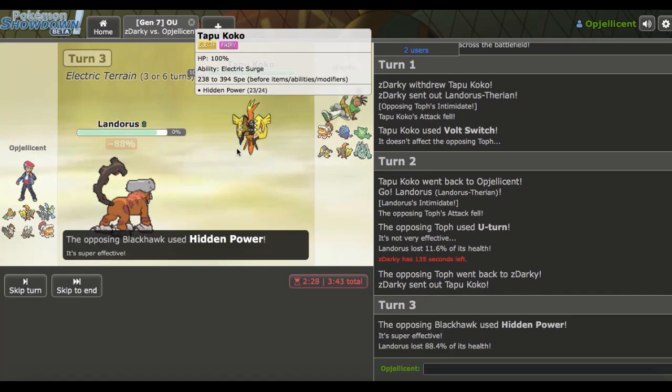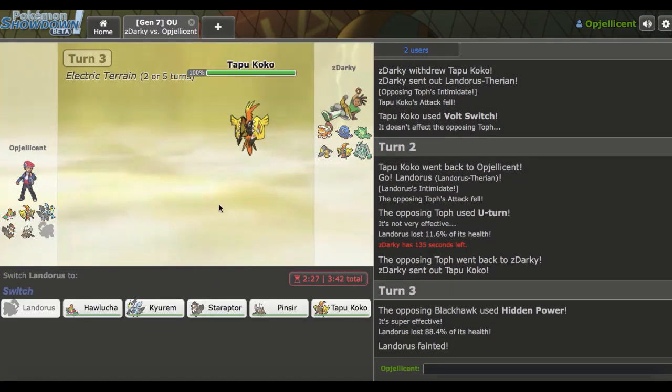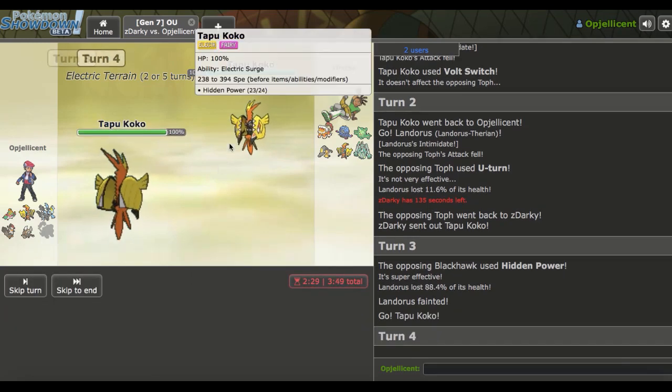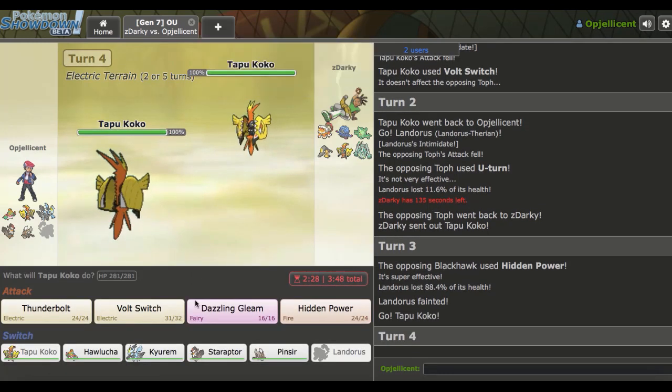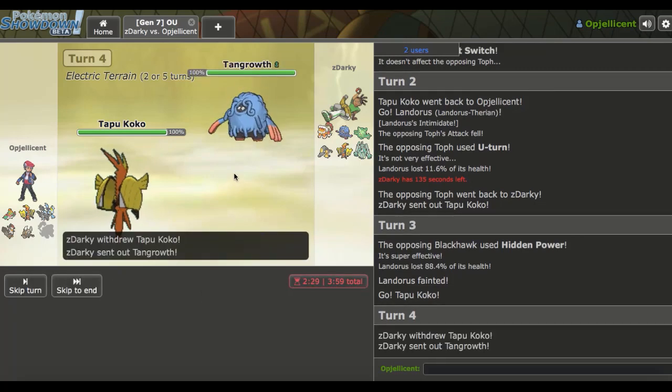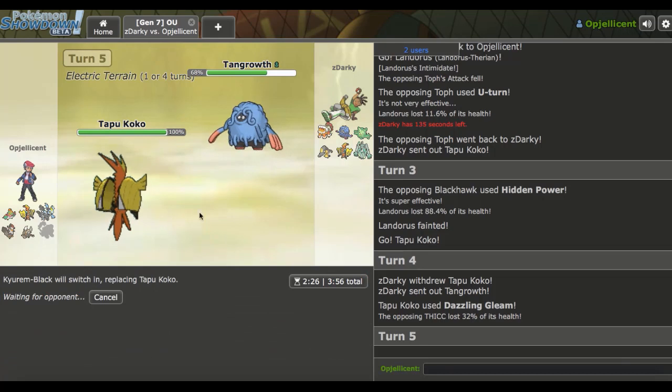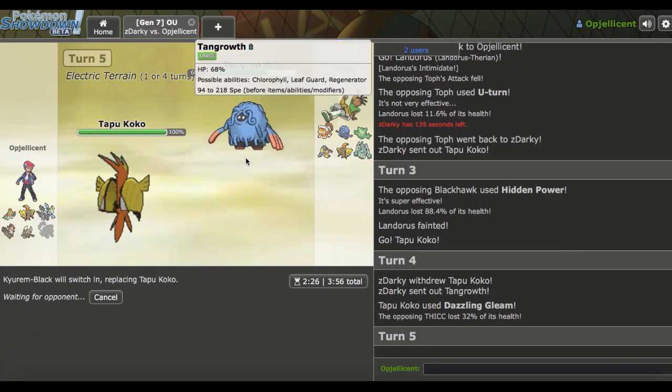Hopefully we live this. We don't, but what this does allow me to do right now is just bring in my own Tapu Koko right here, and I'll just go ahead and Dazzling Gleam. Goes Tangrowth this time. Hopefully this does a good amount. It is Assault Vest, so I'm going to go into my Kyurem right here, because I think you're a knockoff,